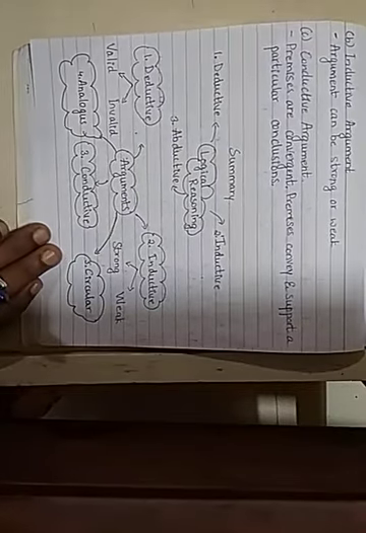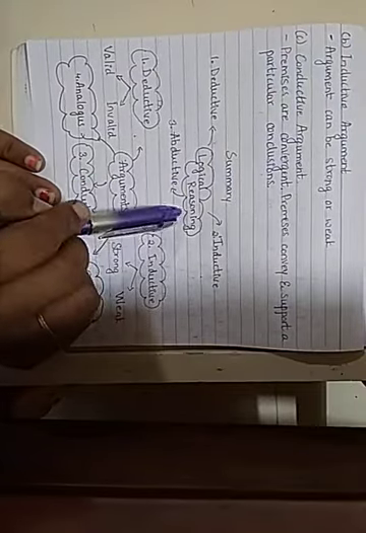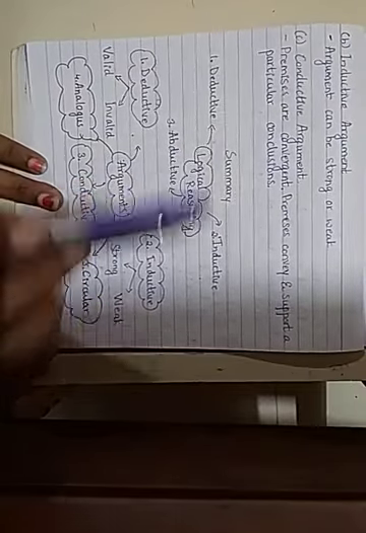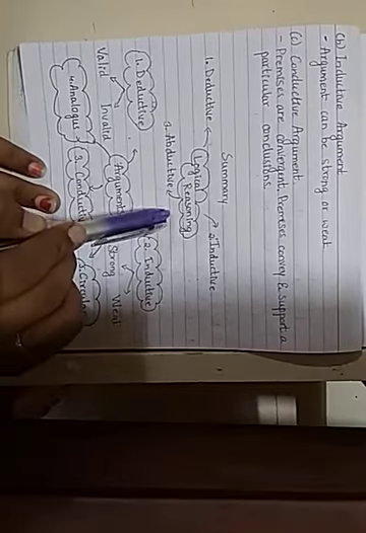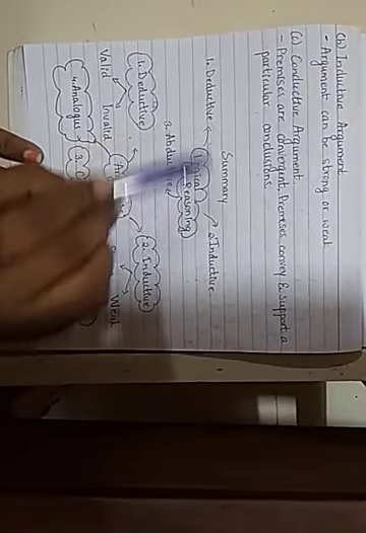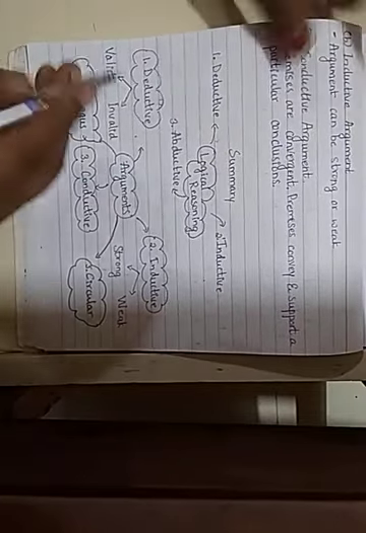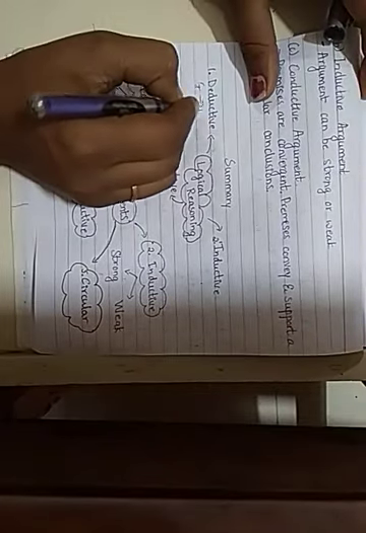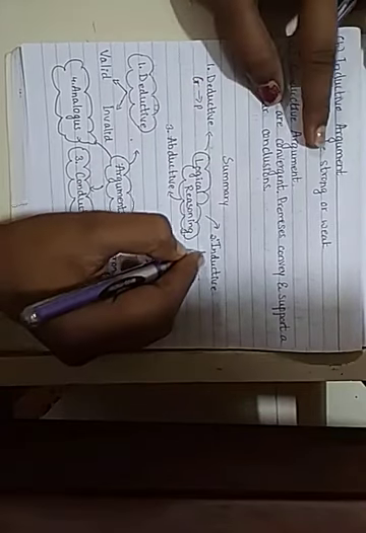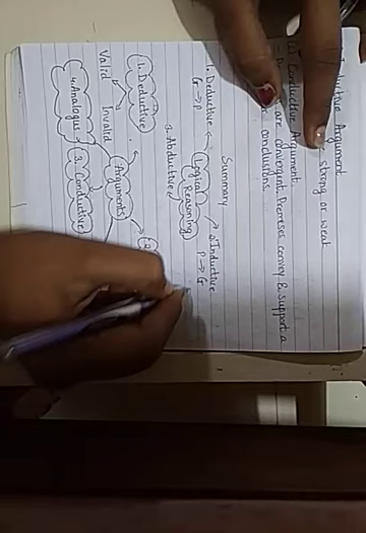So here we come to the end of the types of arguments. So what all did we learn in today's class? As it is a little bit confusing, let's make it clear with a summary. We learned what is logical reasoning, where the word logic came from, and in logical reasoning there are two types, that is deductive and inductive. Deductive is from general to particular, and inductive is particular to general.